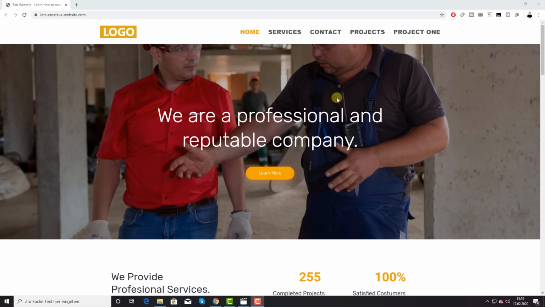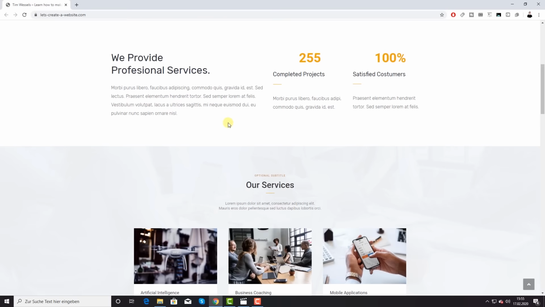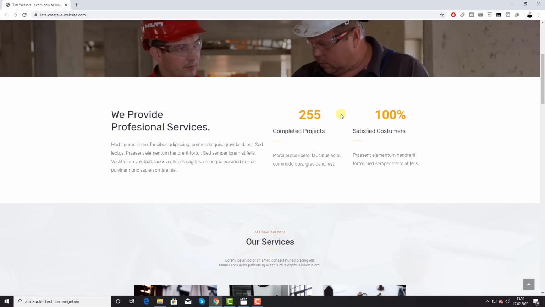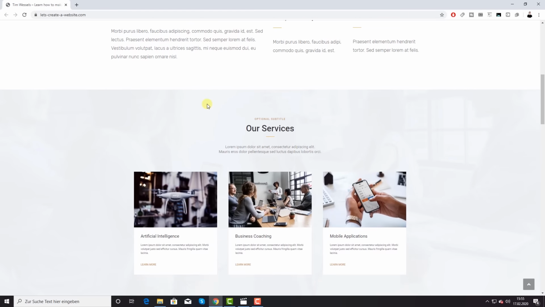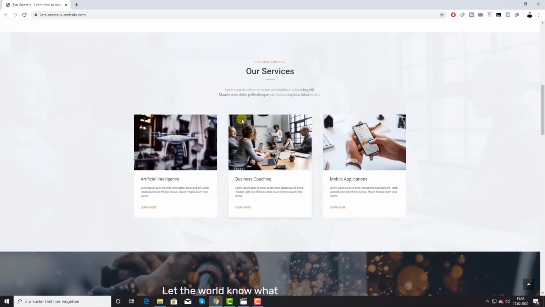Okay, so the website starts with this big hero section. So we have a big picture and a button. If you click on the button, it automatically scrolls down to this page. If I even refresh it, because it was already loaded, you will see it has this cool effect. So we have 255 completed projects and 100% satisfied customers, a small text about your company,